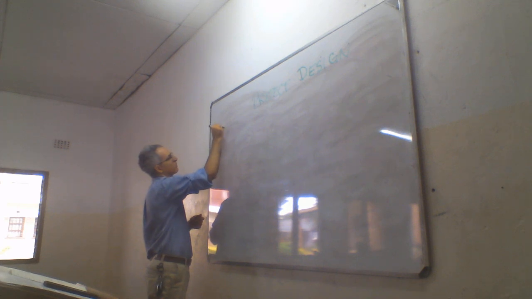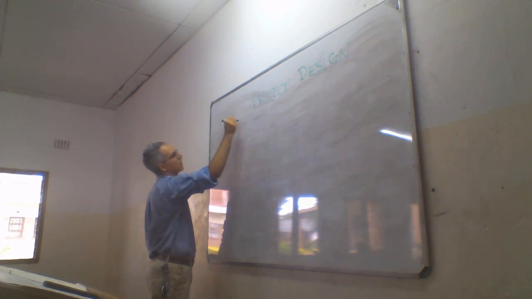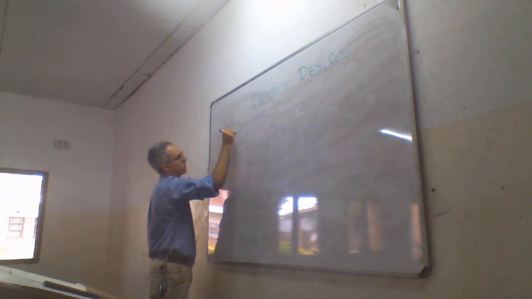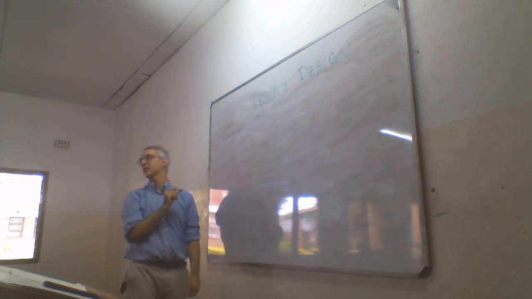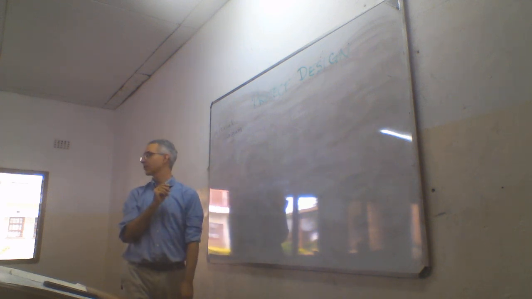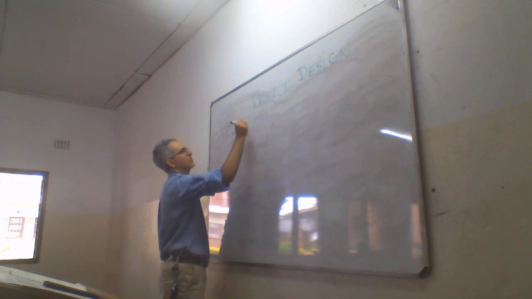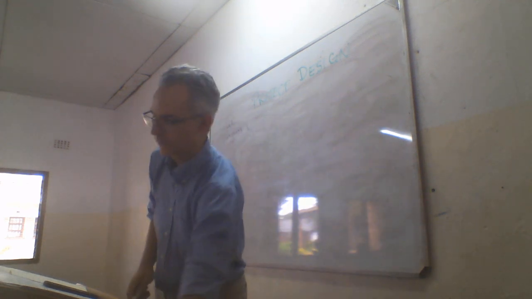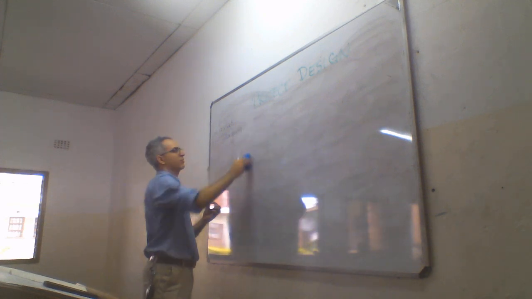I'm going to call them causal diagrams. Causal diagram. Can you read this in the back? You can see? The other name for it, putting a different color. The other name for a causal,